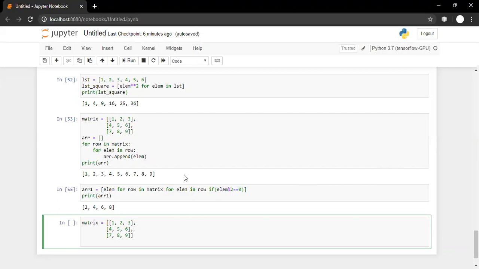Class, anyone with a solution or at least tried? Would you like to post the code? No one? Okay, good.